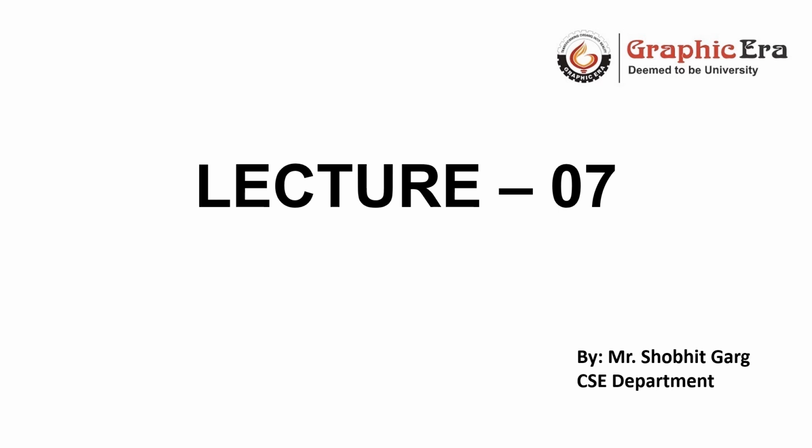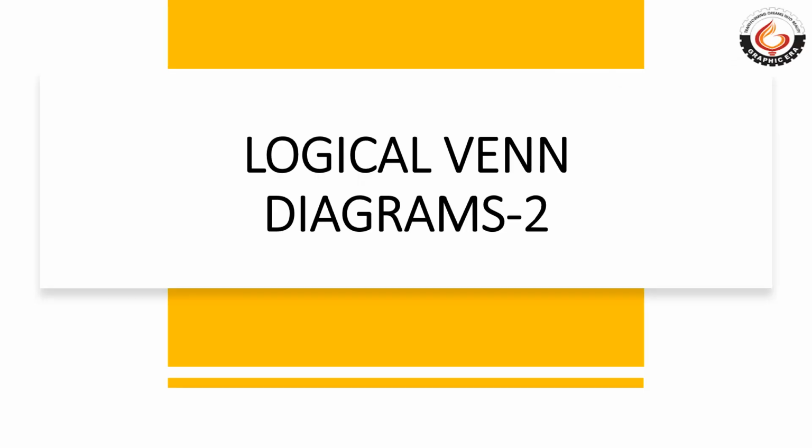Today, we'll be studying the second part of logical Venn diagram. In the previous lecture, we studied how to find out the relation between two, three or four things or items given. In today's part, it will be a bit different because the relation will be given in terms of shapes. It was like A union B, A intersection B, which we used to study in mathematics.